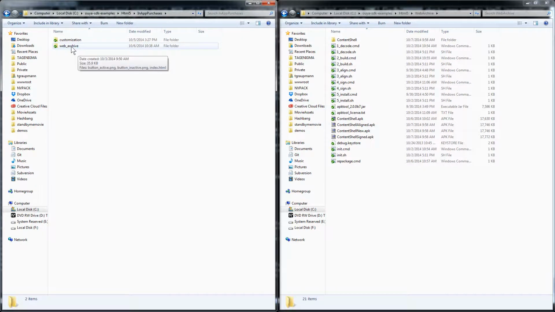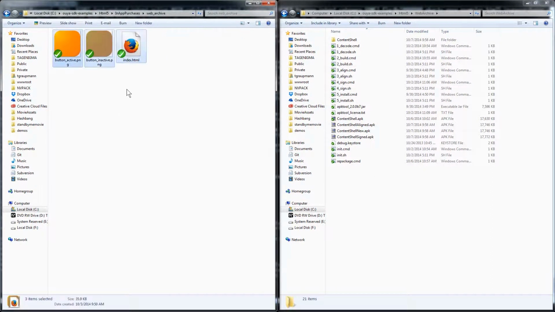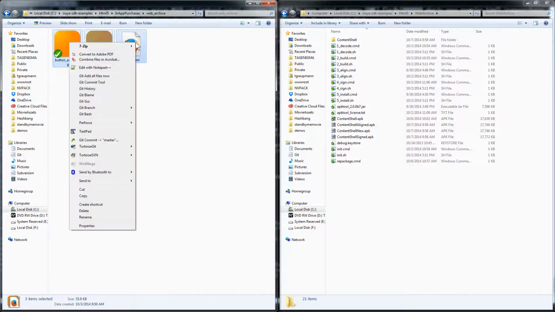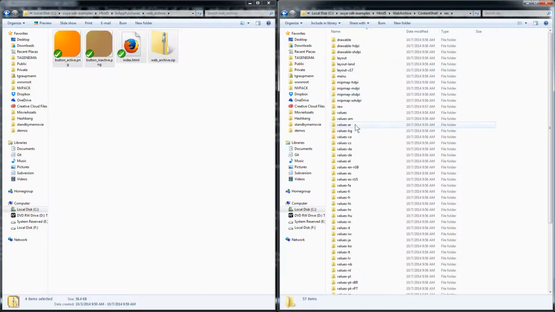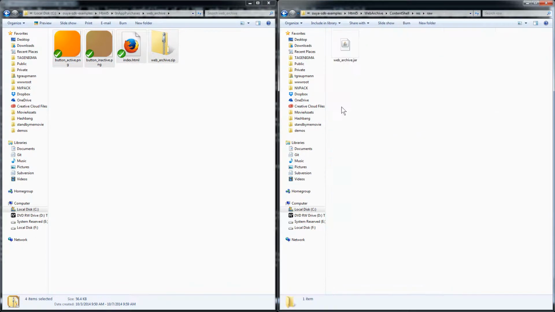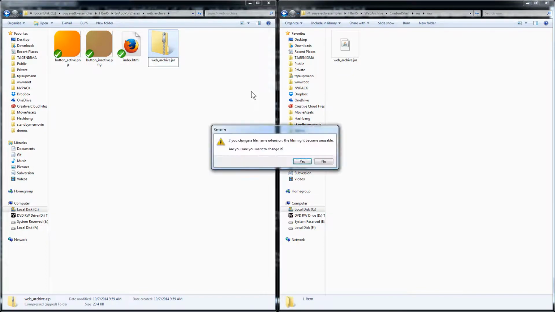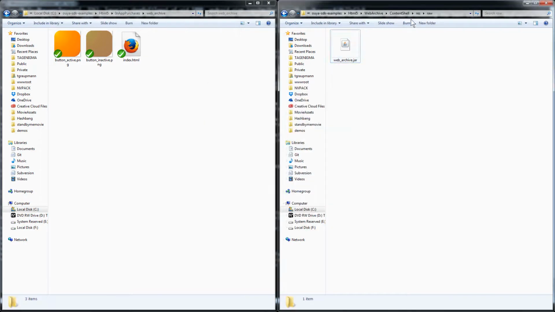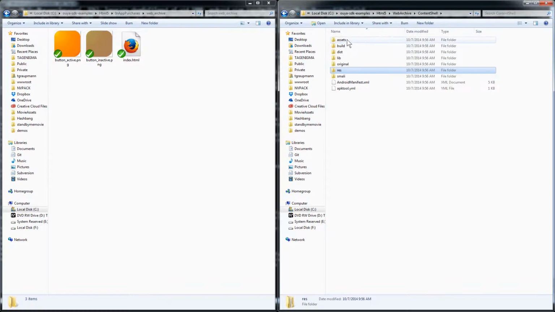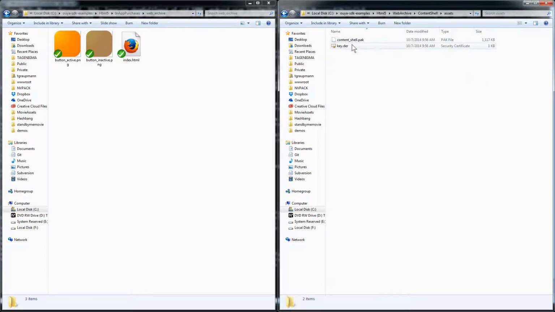Okay, so again, web archive. Select all the HTML5 files. I'll zip those up. Hop into the content shell, res raw. Okay. Rename the web archive extension to jar. Drag it over. Okay. And for in-app purchases, make sure that in your content shell assets folder that you download your signing key,